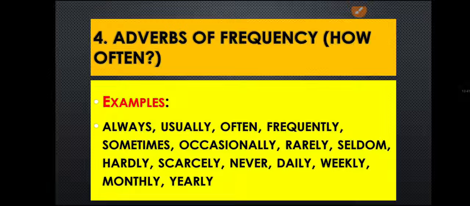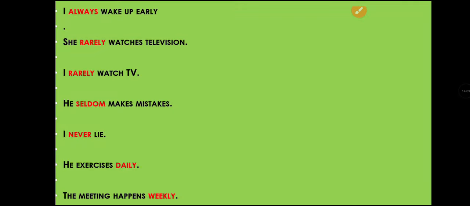How often means how many times, whether the action is happening one time, two times, three times. So these words tell us how often a particular action is repeating. Frequency is nothing but how many times a particular action is happening repeatedly. That is called adverb of frequency. So we have to ask how often to get the answer of adverb of frequency words. Here are some examples I want to read now.